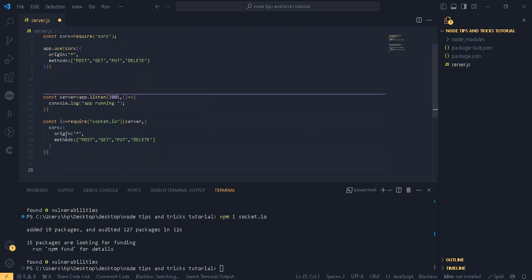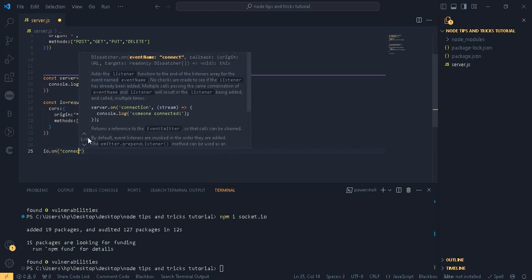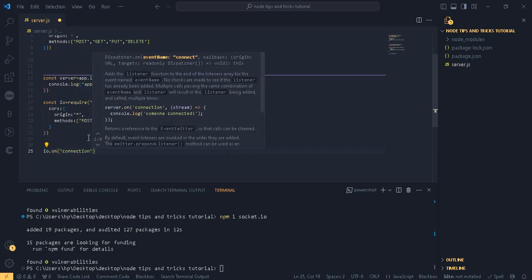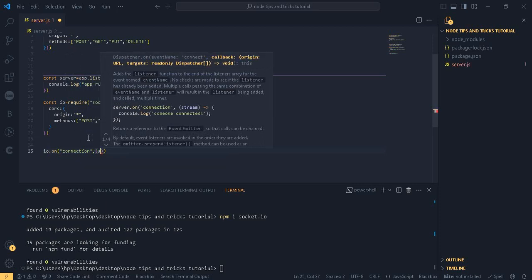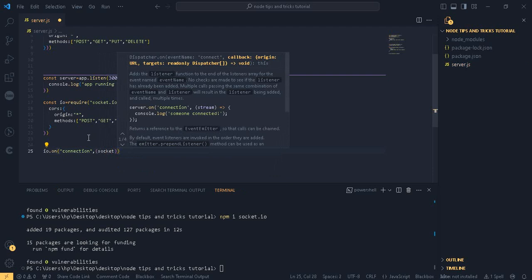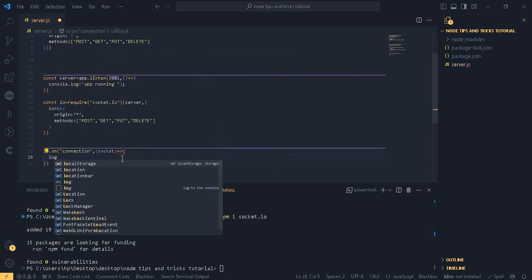After that we can start using our socket by listening for events, and the first event that every server will have is io.on with connection. That means whenever any user connects to our server, he will connect to our socket and he will pass the socket ID. So I can pass the argument socket and make an arrow function. I can make a log